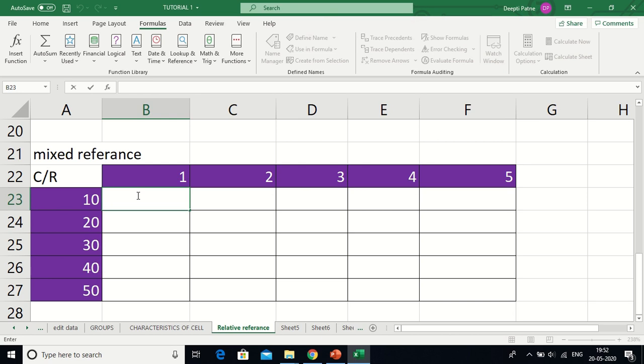So the trick for it: I will press the equal to sign, then I will select the A column. I want to select the first one, that is A23. Remember, in that the A is going to remain constant throughout, that is A24, A25 and so on. So I will put my cursor before A and put the function F4, that is, I am locking it. Okay, see, the locking sign is against the 23, which I don't want, so I will just delete the lock sign there.